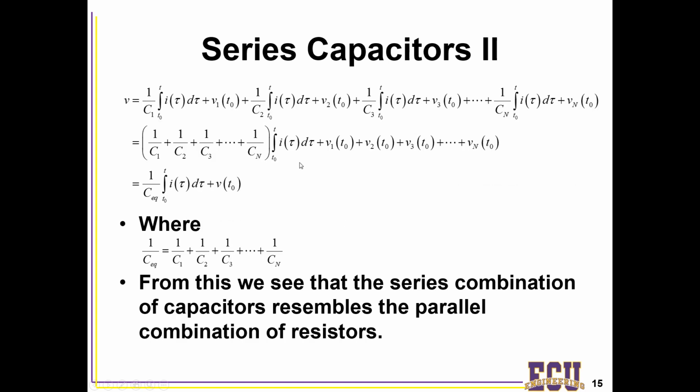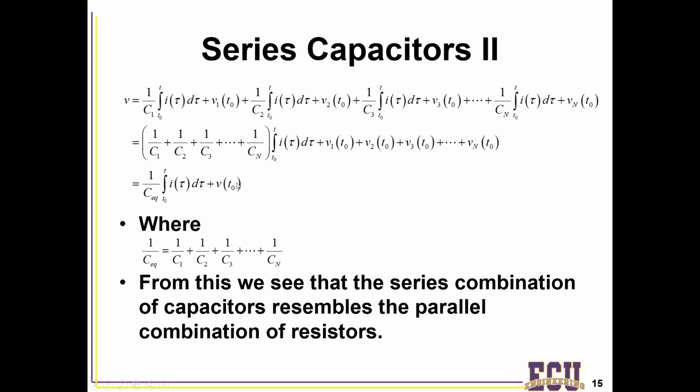And if we go back to our integral relationship here, we see that the voltage across the first capacitor is 1 over C1 times the integral of i of tau d tau from t naught to t, plus the initial condition there. Here we have the same integral, but it's 1 over C2 plus the initial voltage there, all the way on through. And so now what we could do is condense all of our initial voltages into just this V(t naught). So that's going to be your V1 at t naught, V2 at t naught, all of those initial conditions,